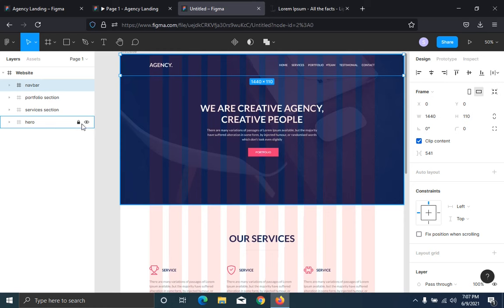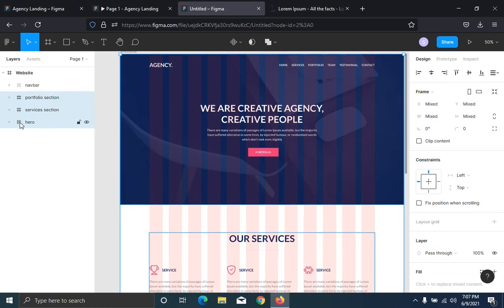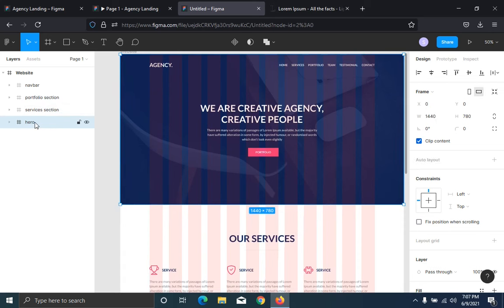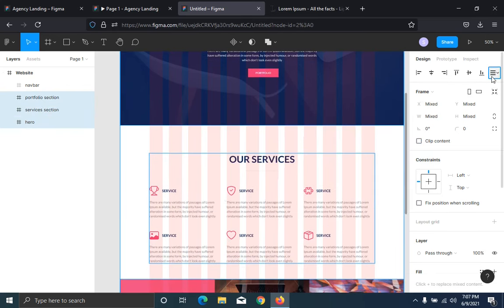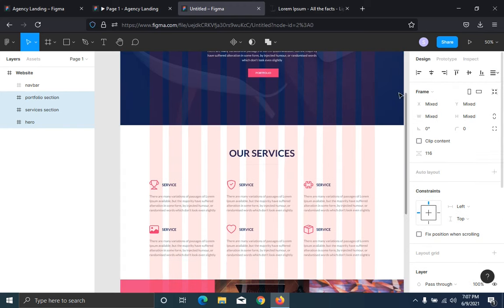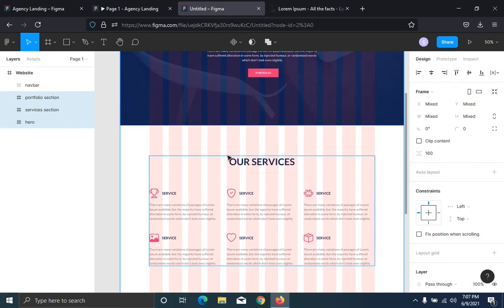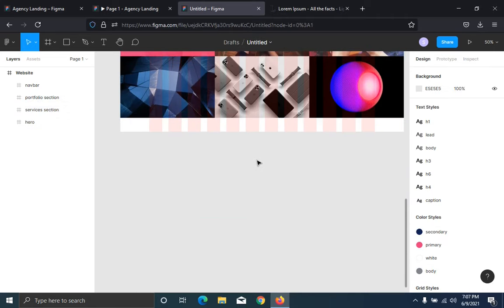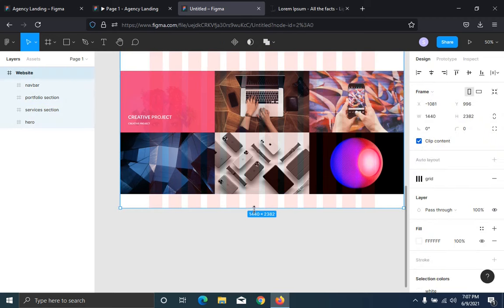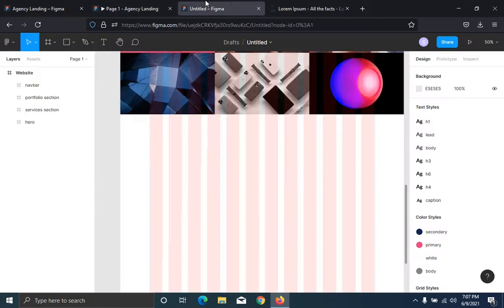So what I'm gonna do, I'm gonna select hero section and all these sections. So you can click on the hero section and by holding shift and then by clicking this one, it will select all of these. So what I'm gonna do, I'm going to make it tidy up. Space is going to be 160 between these items, so 160. Yep, it's like this. What I'm gonna do, I'm gonna drag it like this and I'm gonna